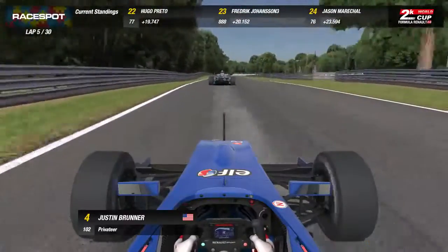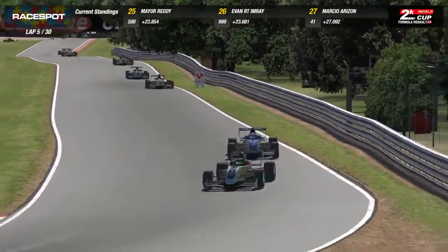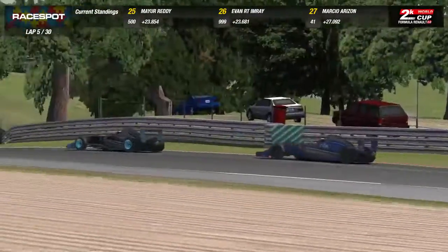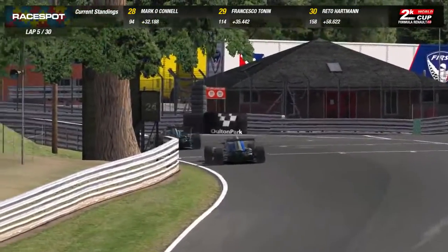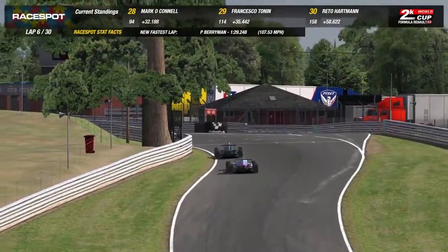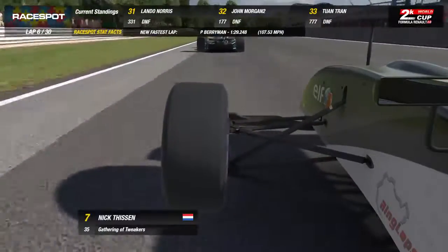Again, the car is close, but close is not quite close enough as they head to Lodge Corner for the 5th time this evening. It might just be a case of it all comes down to the pit exit, the pit entry as well, because it's just so difficult to pass here. You might want to undercut to do it in the stops. Berryman again goes purple,